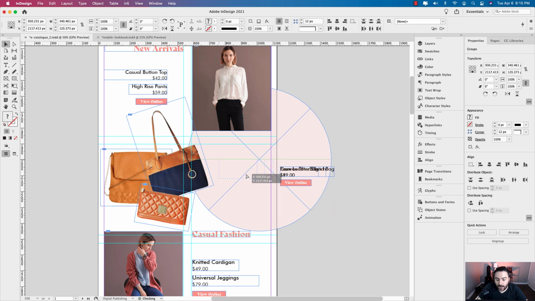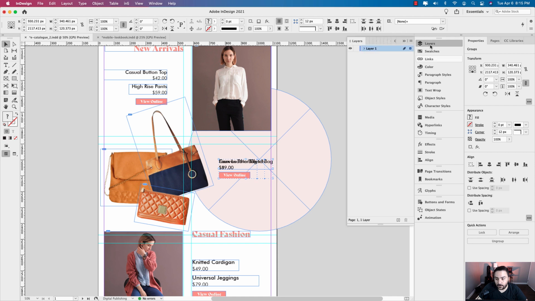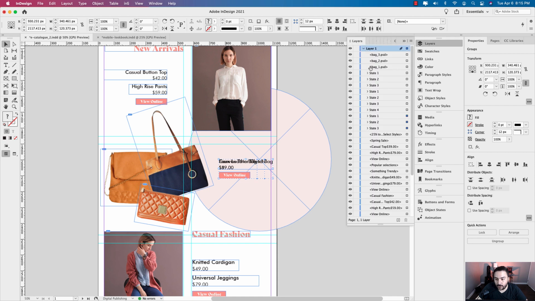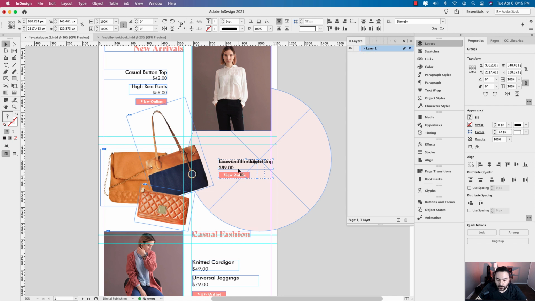By the way, I've gone ahead and reordered these in my layers panel the way I want them. So you can see, actually it's called state 1, state 2, state 3. I've gone ahead and stacked those, reordered them the way I want. Great, so now that they're like that, I can create an object state, a multi-state object from this. And for this, we'll need object states. So why don't I go ahead